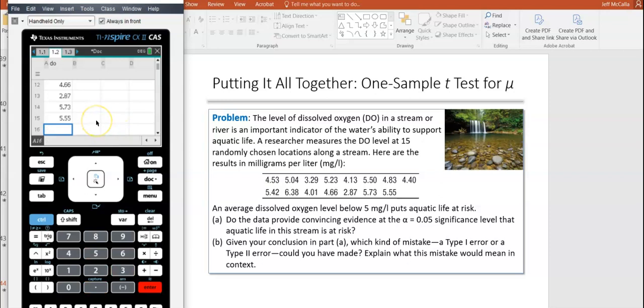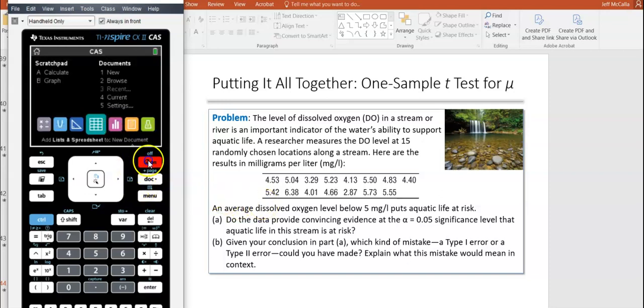Okay, so I type in all the data. There's 15 pieces. That's good. Sometimes I skip one. So an average dissolved oxygen below 5 milligrams puts aquatic life at risk. Do the data provide convincing evidence at the alpha 0.05 significance level? Okay, so we've got to go through the whole enchilada here, right? So we've got to graph this data,